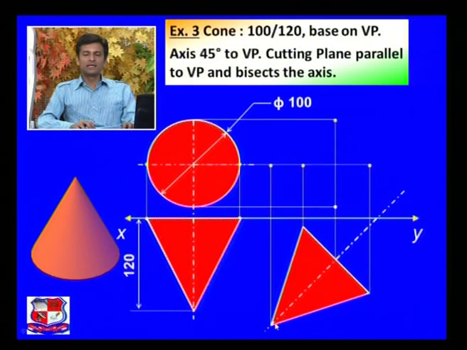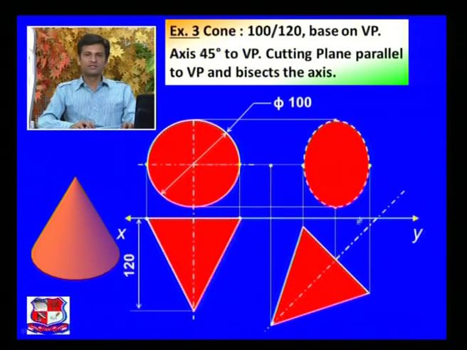This apex point is here, so from this apex point draw a straight vertical line, and a horizontal line, both will meet at this point. So this is the position of the apex point in the front view. Now join all these points with a smooth curve and with a dotted line, because this base will not be visible if we are looking from here, or this corner is towards the XY line. So if you look